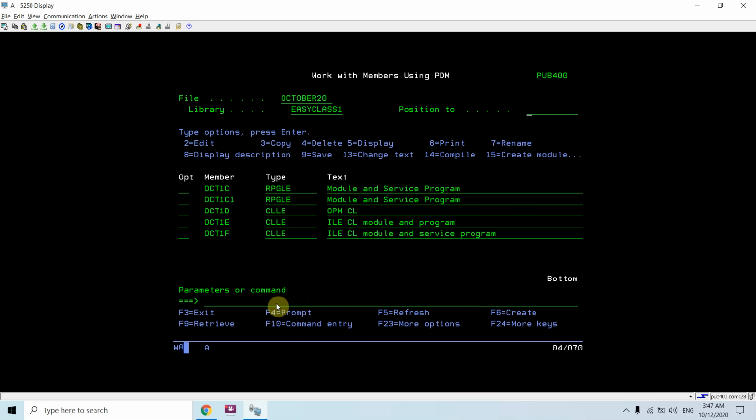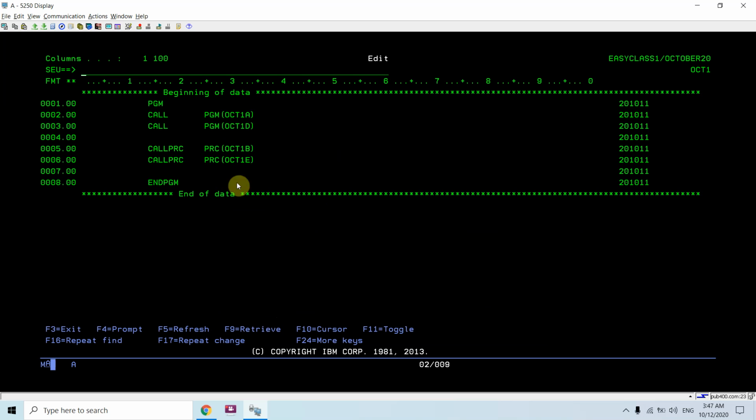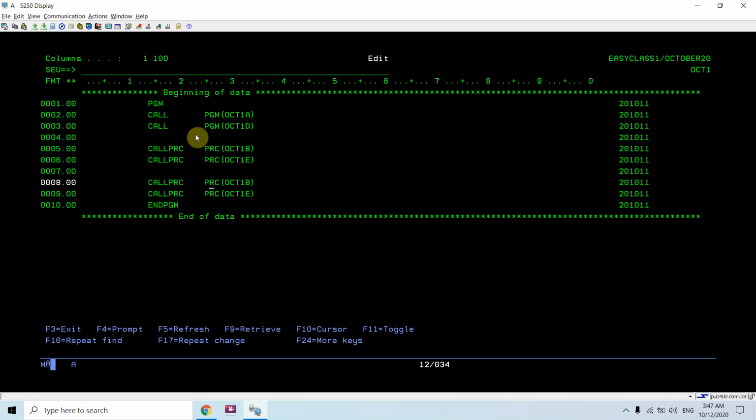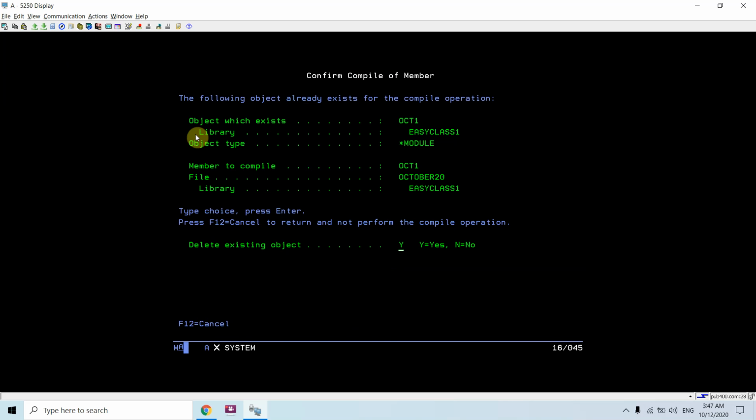So oct1c and f, now I can call these two. For them also I don't need to pass any parameters or return value, so simply I can replicate these two lines again, and oct1c and oct1f I can call them using call prc again.